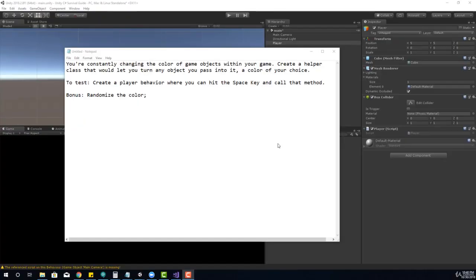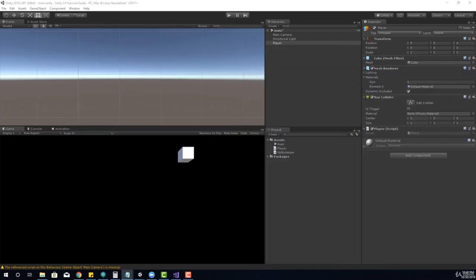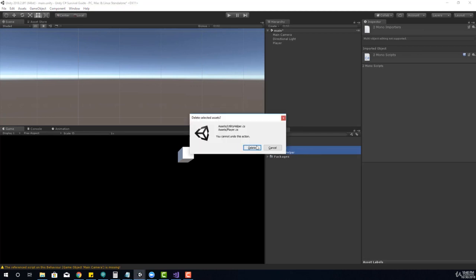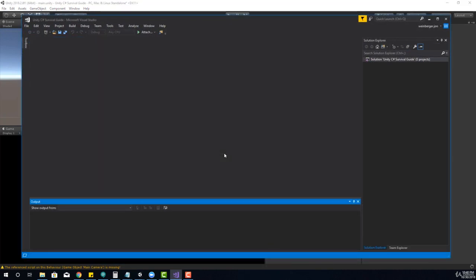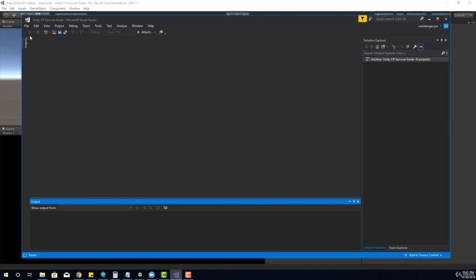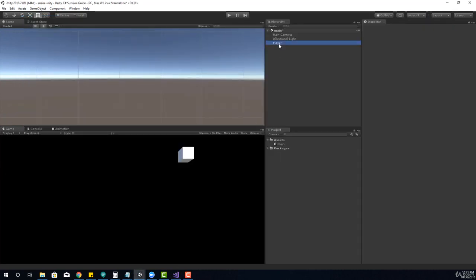In this challenge, we're going to create our helper method to adjust the color of a game object. So I'm going to move the instructions over to a new screen, and I'm going to delete my player and utility helper from the previous example and reload these. The first thing we need to do here is we're constantly changing the color of game objects within your game. Create a helper class that would let you turn any object you pass into it a color of your choice. So to do this, what we're going to do is create a new C# script